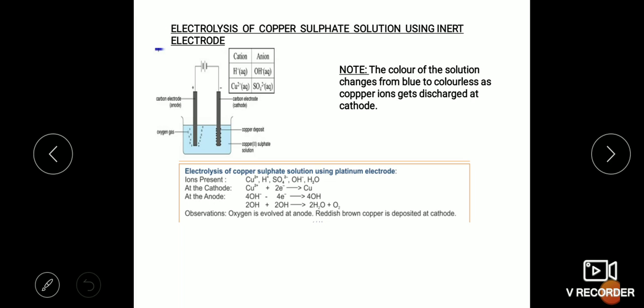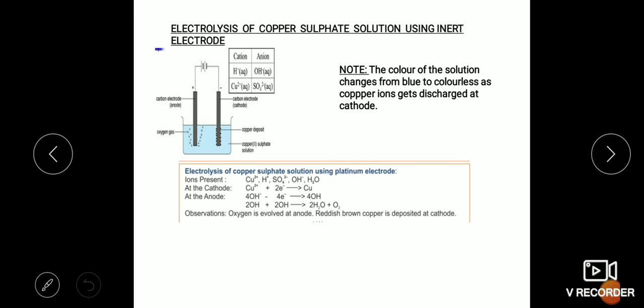Now the electrolyte which is used in this particular electrolysis is saturated solution of copper sulfate prepared in distilled water. The solution is acidified by adding some sulfuric acid to increase electrical conductance of the solution and to prevent hydrolysis of copper sulfate into a precipitate of copper hydroxide. Please remember, this is very important. The acid which is added prevents the precipitation of copper sulfate into copper hydroxide.